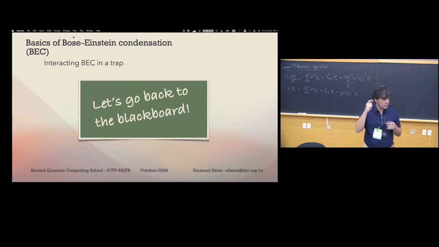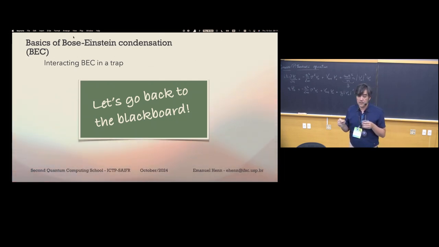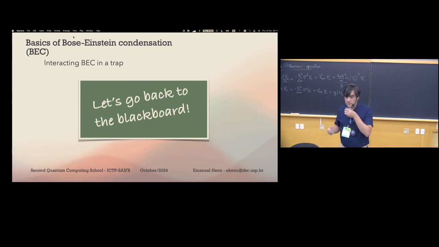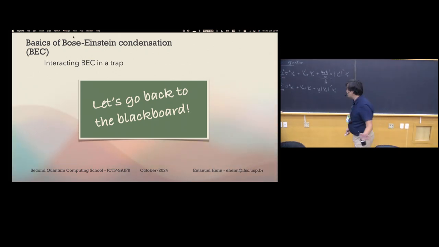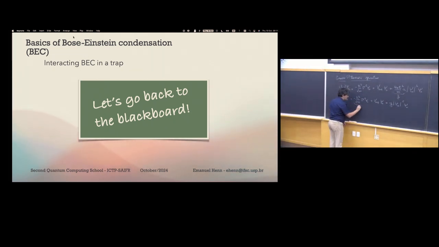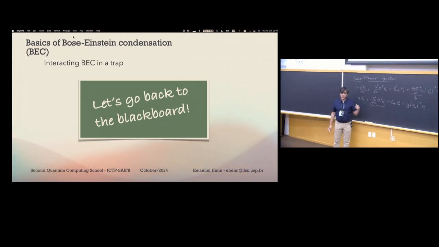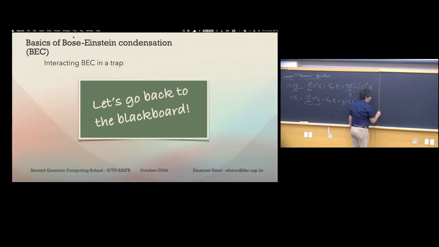But the main solution for the ground state is an analytic solution. Because as you might expect, we're talking about very low energy systems. And very low energy, very low temperature means that kinetic energy is very low. So I can make an approximation called the Thomas-Fermi approximation, where I throw this away. Okay, we can be a bit more formal, and we can estimate the ratio between kinetic energy and interaction energy. So between this and this